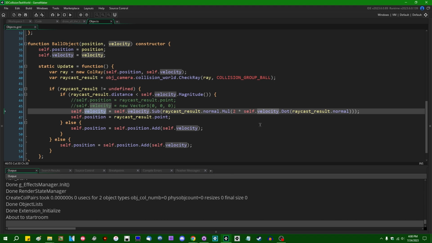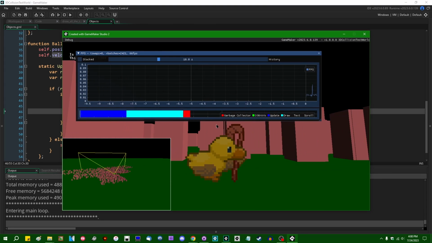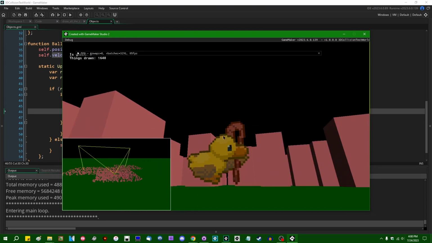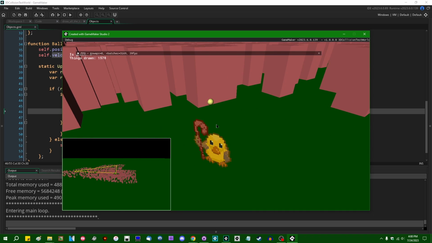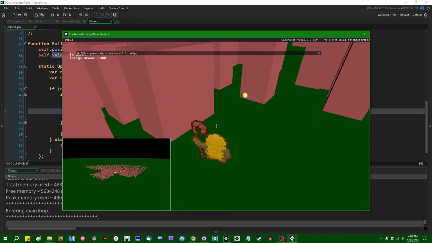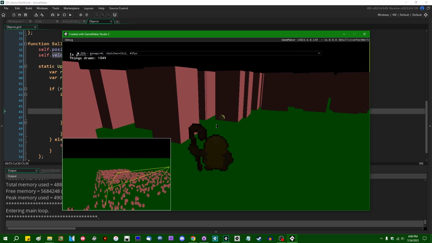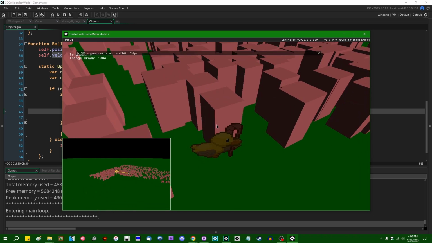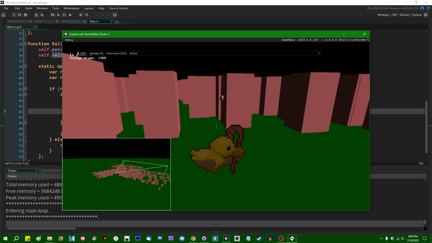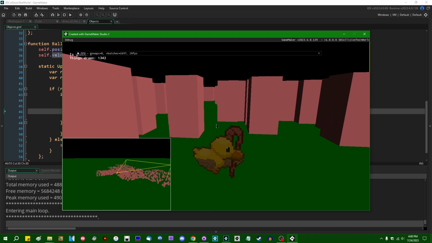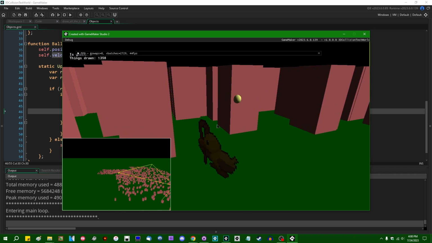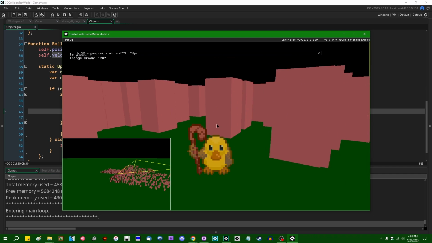Let me show that off. I think the best way to demonstrate this is to have it happen in the game. Let's minimize that, and there it didn't do anything. I'm looking for some place where it's really going to jitter. Okay, that did it. You can see the ball is behaving a little bit erratically when it hit that